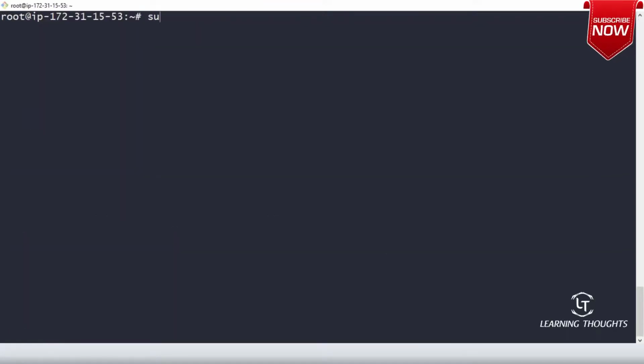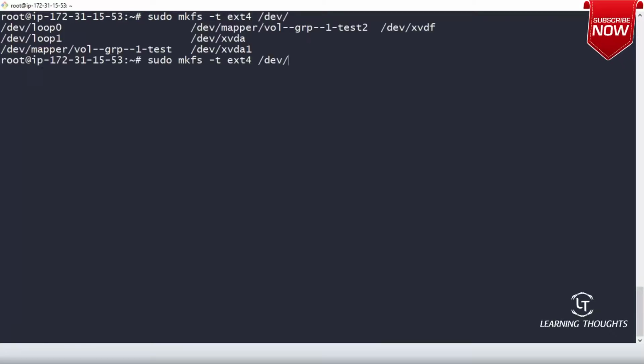sudo mkfs -t ext4 /dev/ slash, are you seeing the volume group?